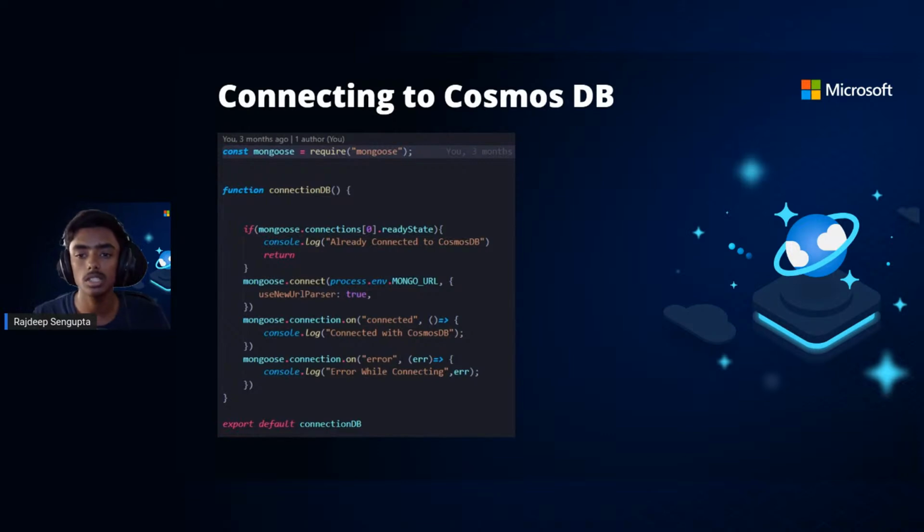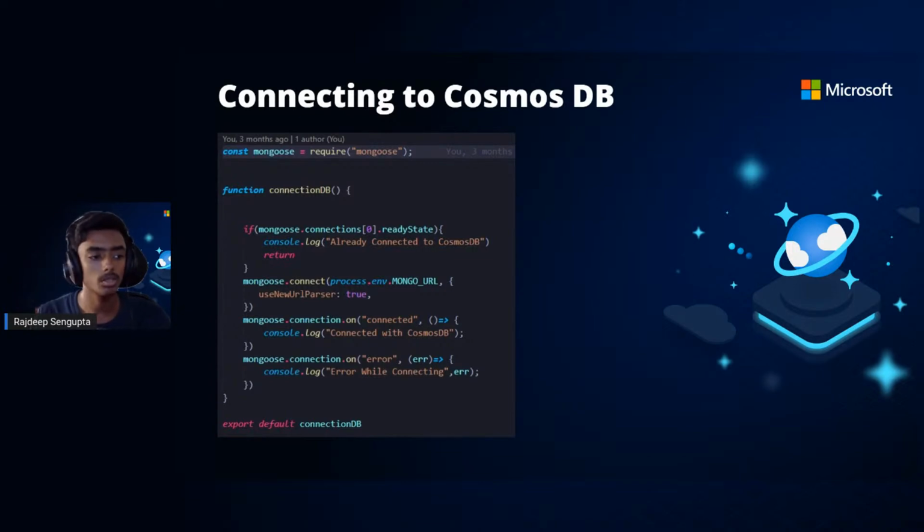Then if that user is not connected, I'm simply using the mongoose.connect function and using the Mongo URL. And I've put the Mongo URL in the env file, because this is something you don't want to expose publicly. From then on it's going to connect to the database.